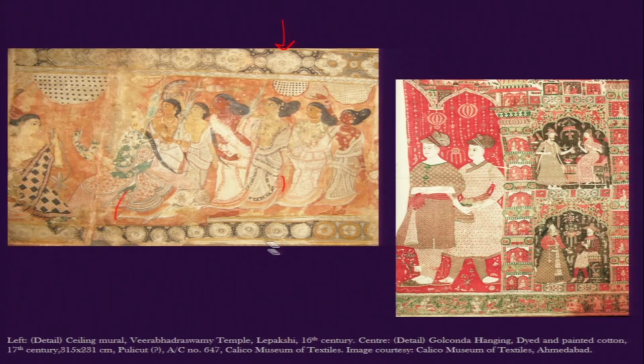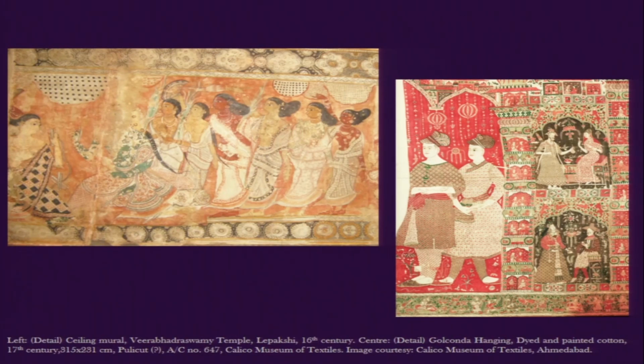And all those motifs, we will find that they are not really monotonous, but there is a varied range of those motifs, we do see them there. Now, if we compare them to how that happens for the Kalamkari textiles, we also find that there are many motifs, and that perhaps tells us that all those motifs had already been experimented with in textiles, and then perhaps something also came back to murals. Or some people can argue that this kind of activity started with the murals and came back to textile.